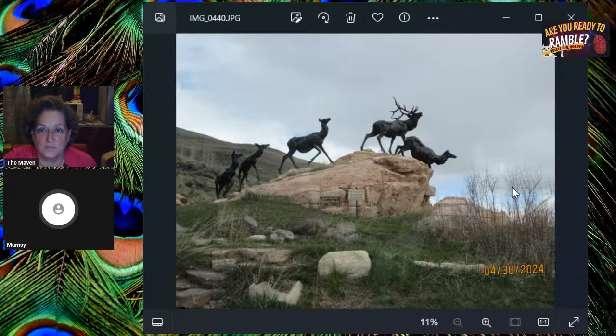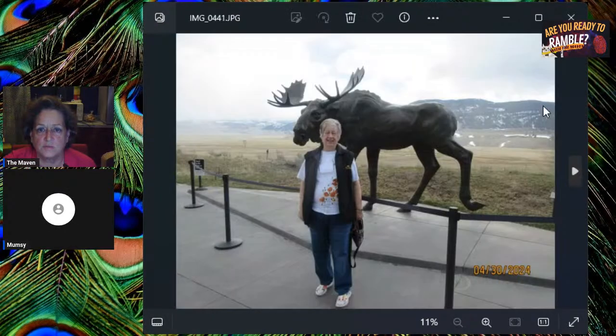Now, see, that's in Jackson because there was an elk museum. And so we stopped at the museum. It was really interesting. I wonder if those are life size. Well, they were big. It's a nice sculpture.